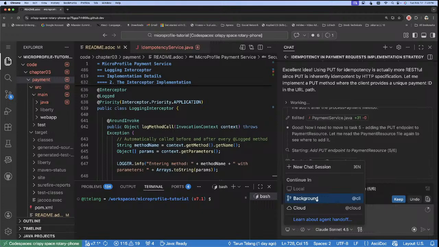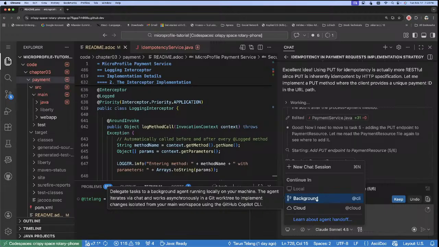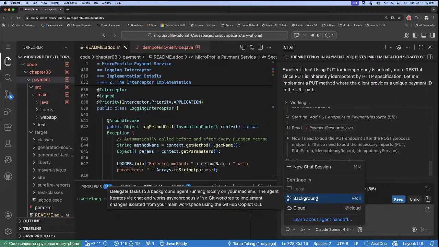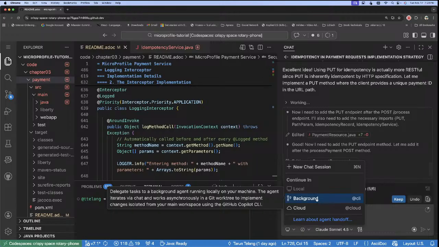In background, we delegate the task to a background agent, which is running locally on our machine. The agent iterates via chat and works asynchronously in a Git worktree to implement changes, and these are isolated from your main workspace. So you can run it as a background task, or you can